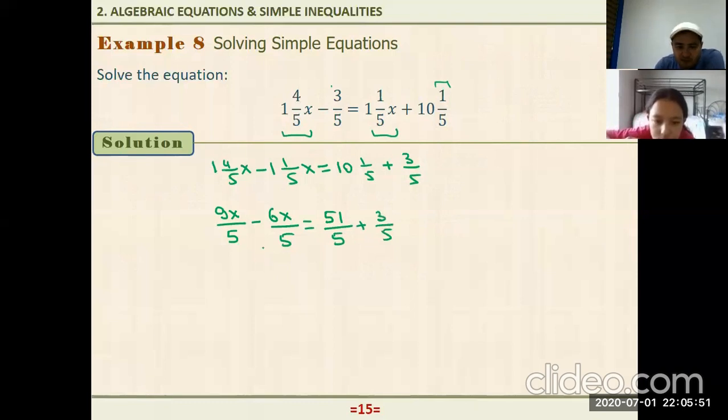Now we have the common denominators, right? Let me just write here: 9x minus 6x is 3x over 5, equals, now also here we have common denominators, 5, 51 plus 3 is 54. Now if I multiply both sides by 5,